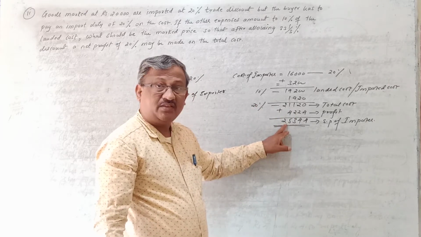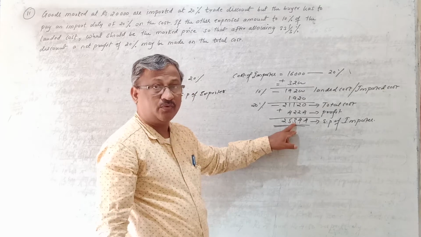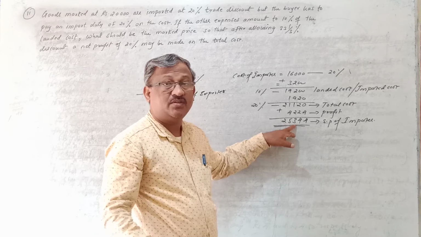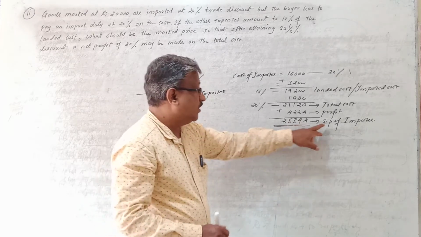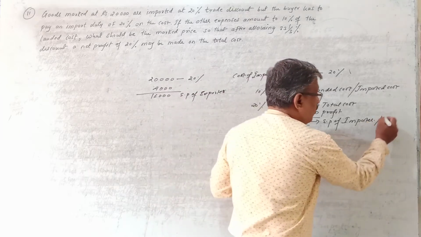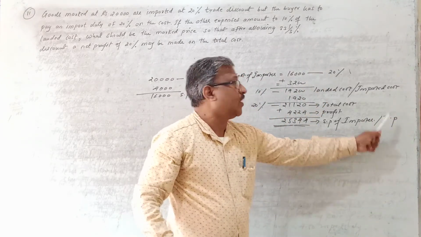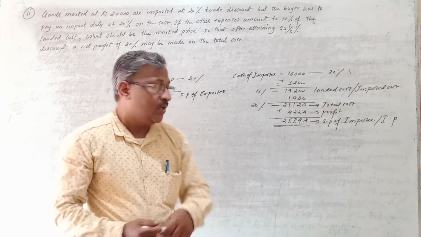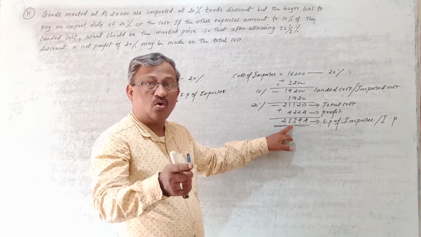But how he is selling, that is important. He is not selling directly for 25,344. How is he selling? He is selling after giving the discount. Your selling price has to come to 25,344 rupees. That is called the selling price, or that we also call the invoice price. So invoice price is the price after deducting the discount on what? On the mark price. So this price comes after deducting the discount on the mark price.